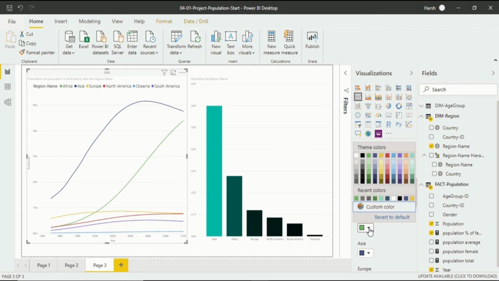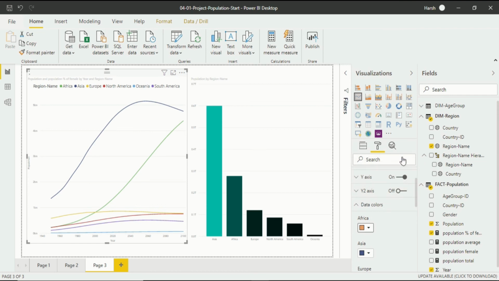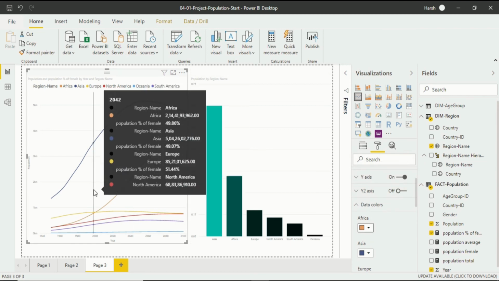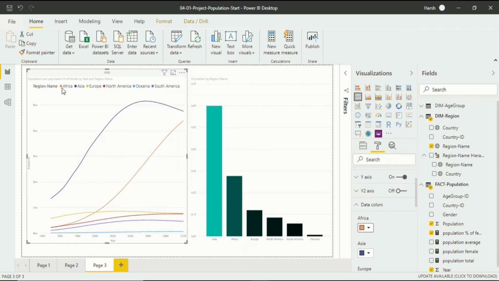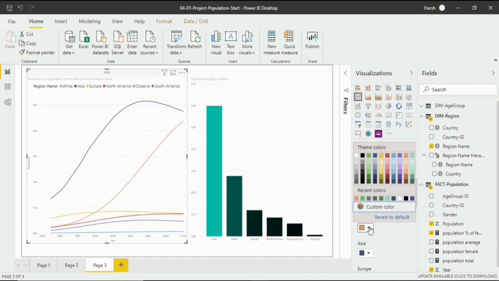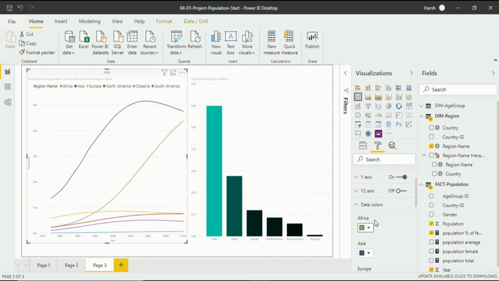Like in Africa I will change it into something like theme color 7. You will be able to see the color of Africa change. You can also see in here that the color of Africa has been changed. Now let's get back and change it back to the default, that is green. So you can change this from the data colors.